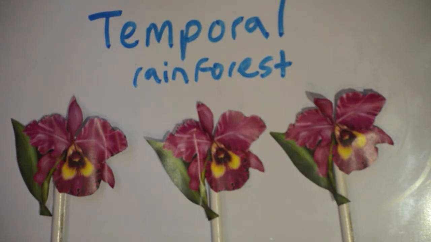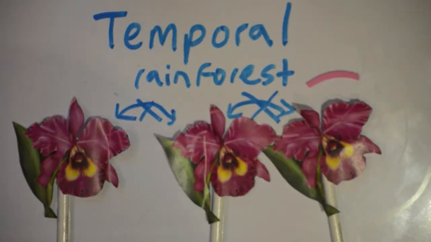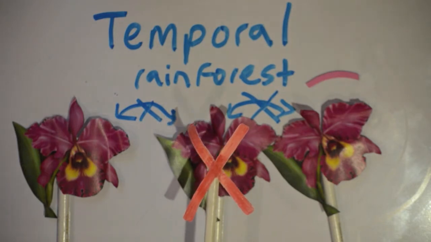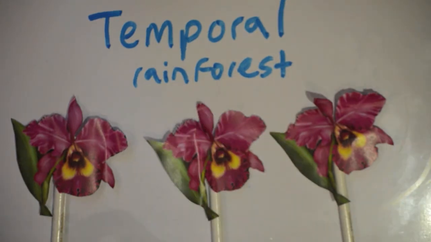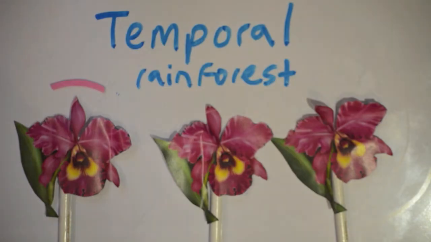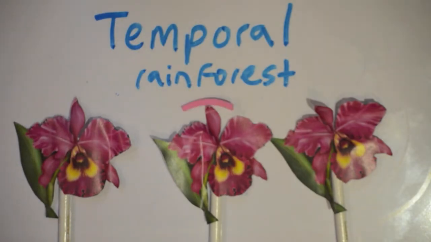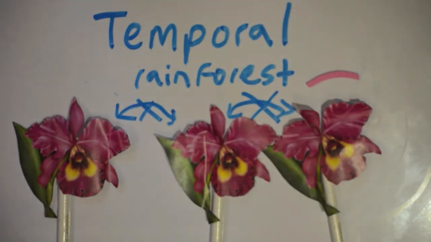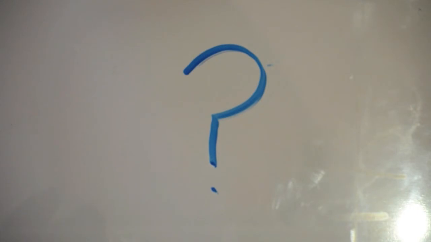Last, we have temporal isolation, which occurs mostly in plants. It happens when two or more species have the ability to reproduce but at different times. An example of this is three types of orchids which live in the same rainforest. Each species releases pollen on one single day, meaning that they reproduce at different times, making it impossible for them to pollinate one another. So the next time you ask yourself,